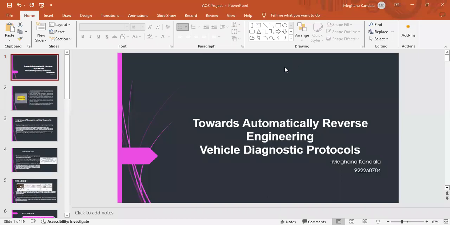Hello everyone. My topic is towards automatically reverse engineering vehicle diagnostic protocols. This is my project title, and I have done research on this project. So, starting with